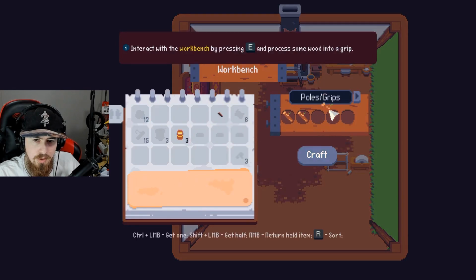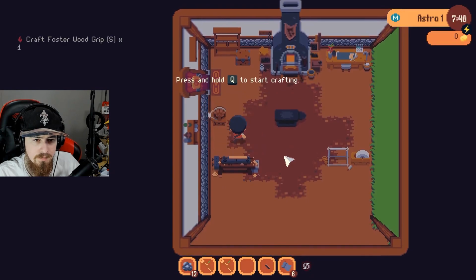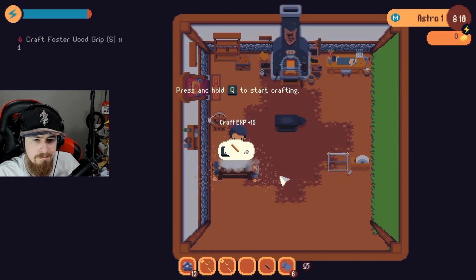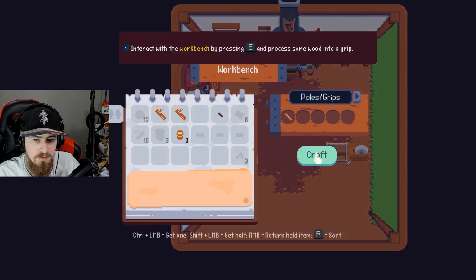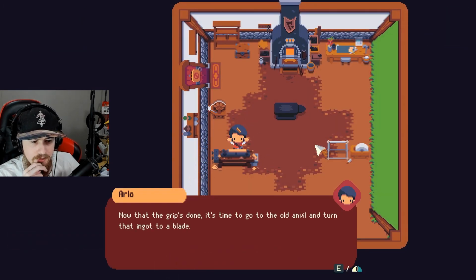Let's see. So we'll have poles and grips. Oh, I can only do 1, right? Yeah, okay. Alright, press and hold Q to start crafting. Ah, I see. There we go. Alright, so what do I need? I need to craft a Foster wood grip. Oh, I need to put it into small. Okay, I see. There we go. Alright. Now that the grip's done, it's time to go onto the old anvil